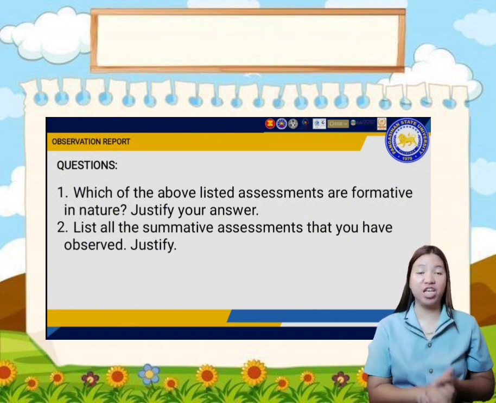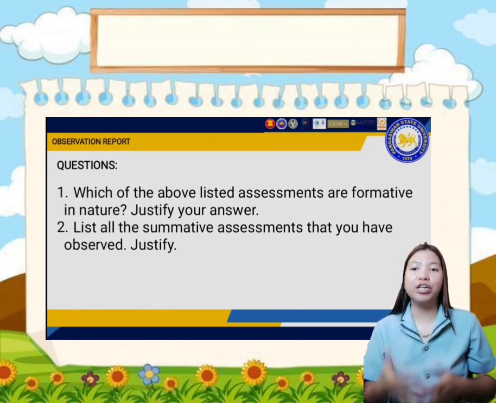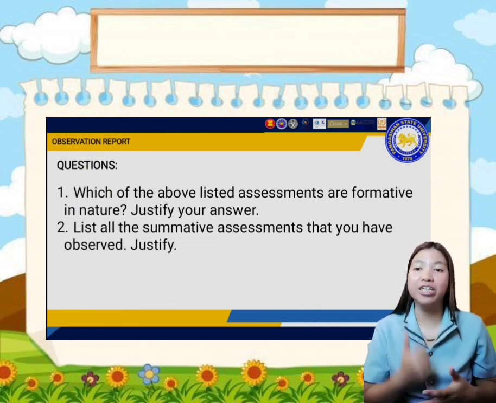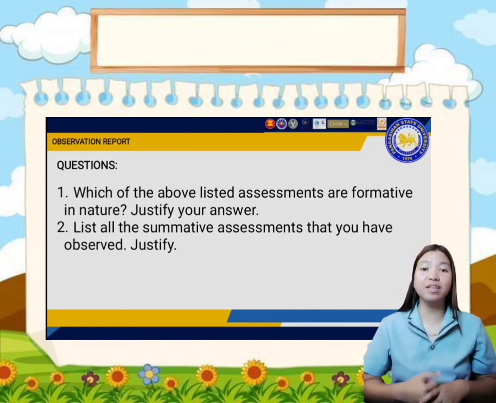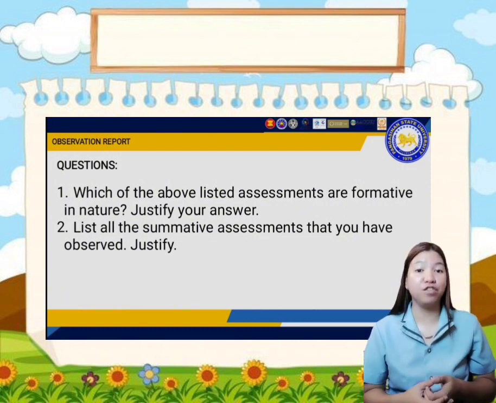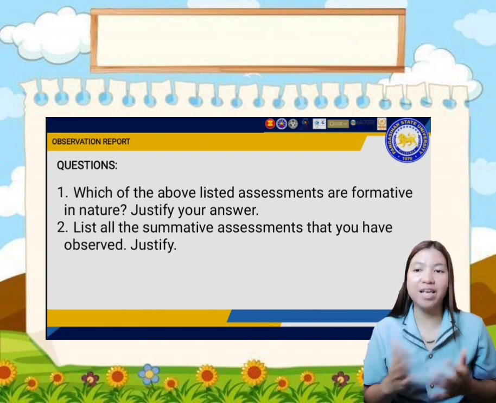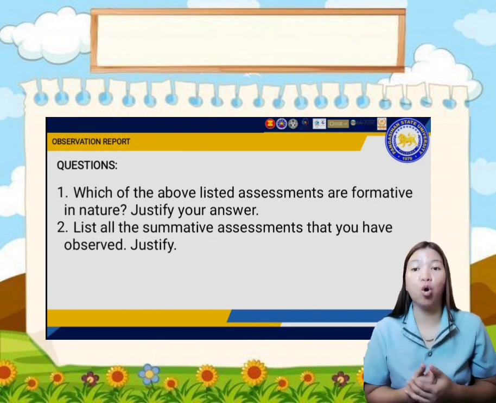are formative in nature. These are formative in nature because they are utilized by the teachers with the aim of gathering information about the learner's learning progress during discussion or instruction. With this assessment, the educator can also assess and observe the progress of the pupils. Assessments formative in nature take place during or before lesson implementation or discussion.